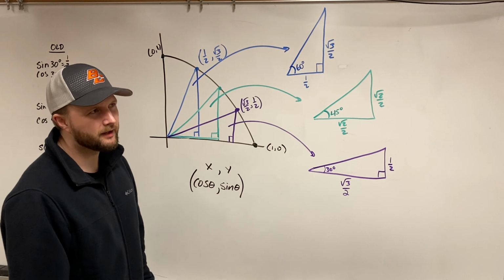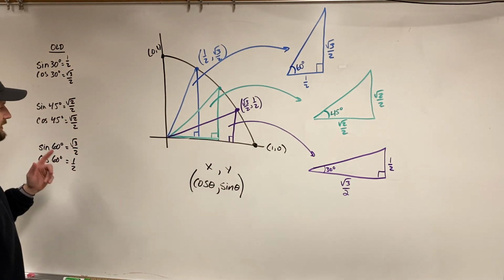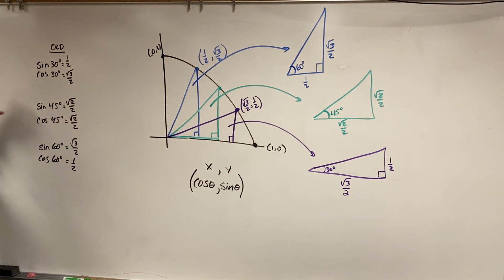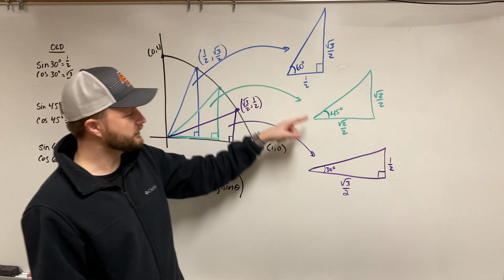Okay, so the old way, remember, some of you actually had these memorized two learning targets ago. You memorized the sine of 30, cosine 30: 1/2, root 3 over 2. You memorized sine of 45, cosine 45: they're both root 2 over 2. You memorized the sine of 60, the cosine of 60: root 3 over 2, 1/2. And you're like, oh, they're the opposites of each other, because it's the same triangle, you're just looking at it